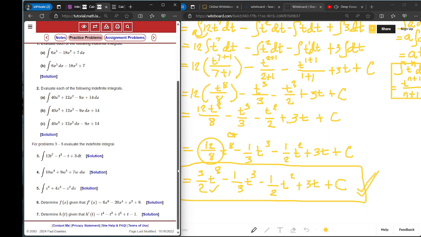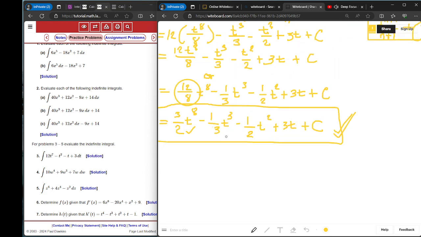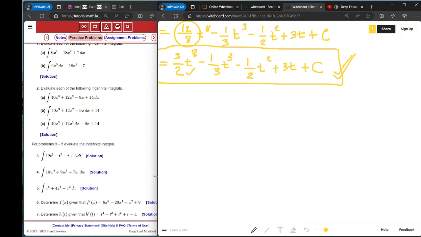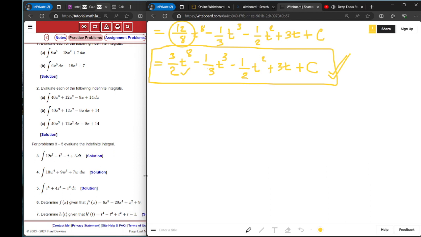Okay, I think I'll solve number 6. So let's try to solve number 6 since it's new to the eyes. So it says that, I'm not good at writing using a mouse. So it says that we have to determine or find, some would use the term find f of x, given that